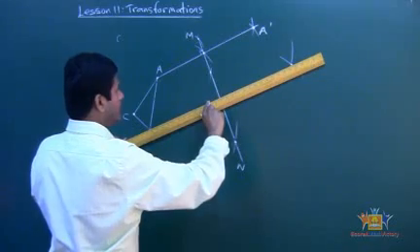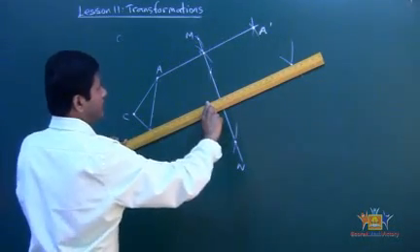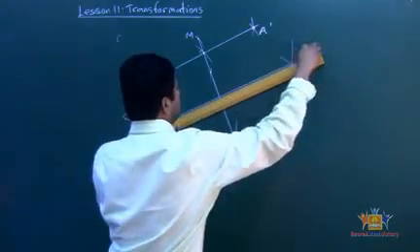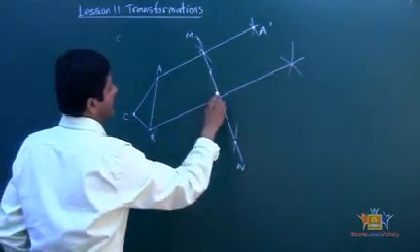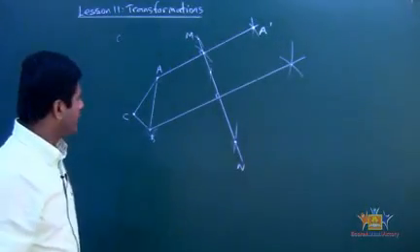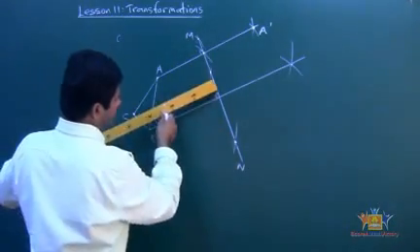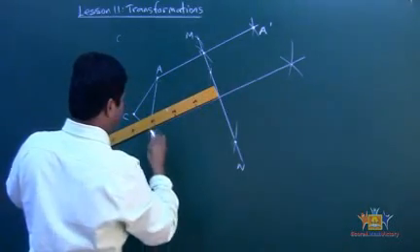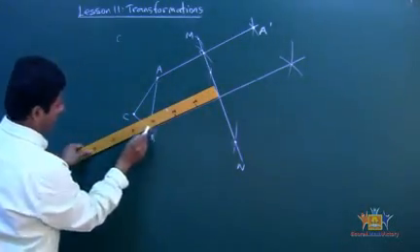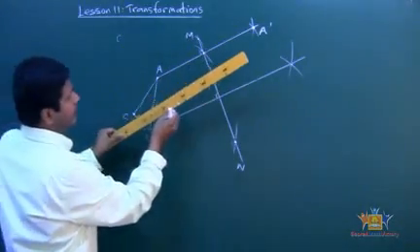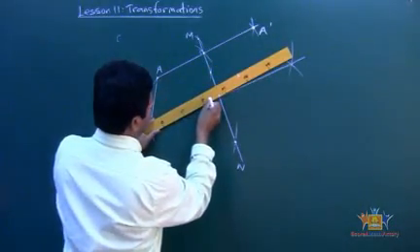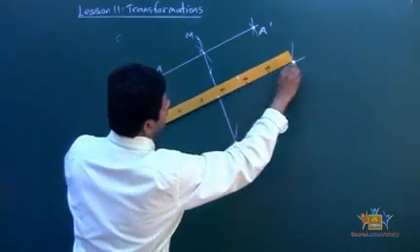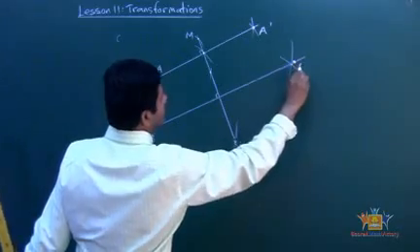So let's put the straight edge, line them up, and then draw the straight line. So this line is perpendicular. Now we're going to measure it. From line MN to point B, it falls right there. So we're going to take it right there and measure. Make sure. Okay, it falls right here. So that's the B image.